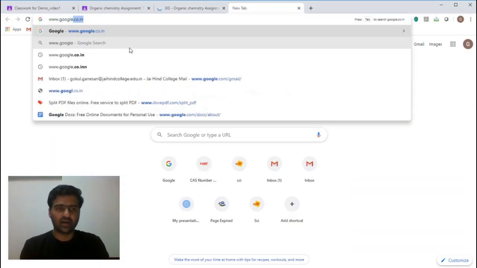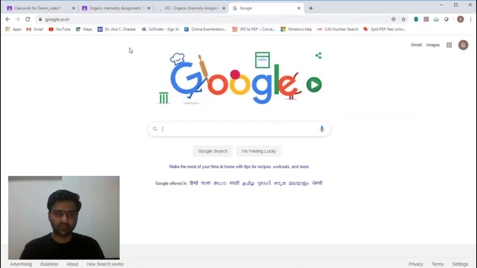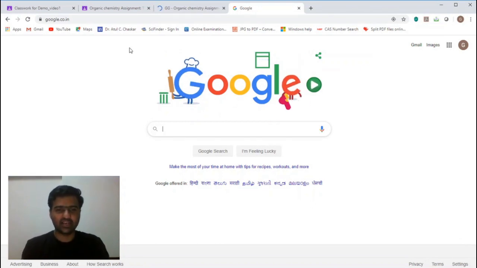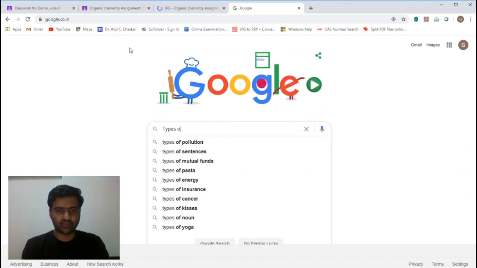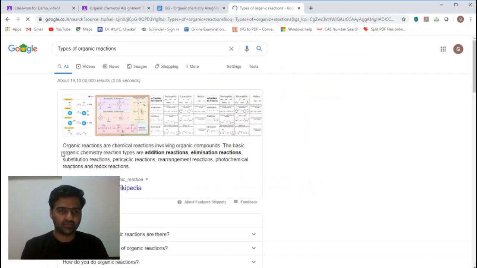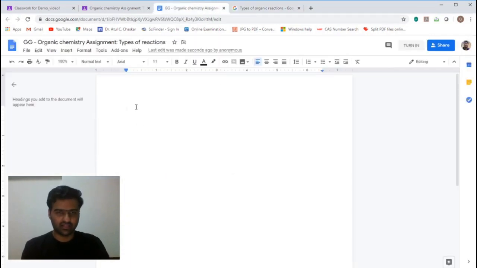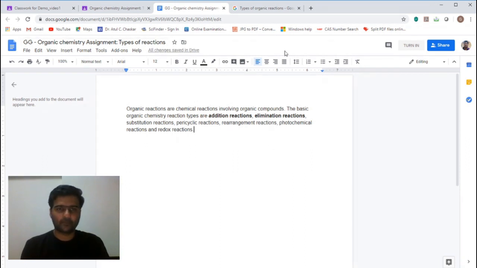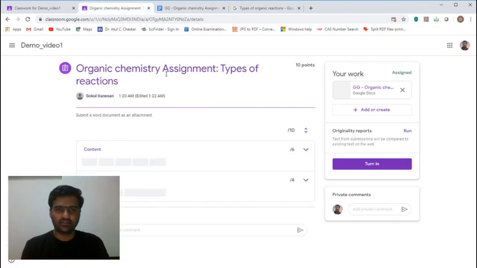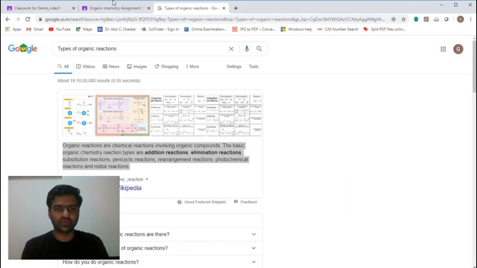But you all know that Google happens to be the most favorite search engine that students use to build up their assignments. So say for example they go to their savior and say, I need to submit it today only, so I type types of organic reactions here to get some content, and I copy that and I paste it here and I say I'm done. Now as soon as I do this and it has synced and saved, I close this window and I see